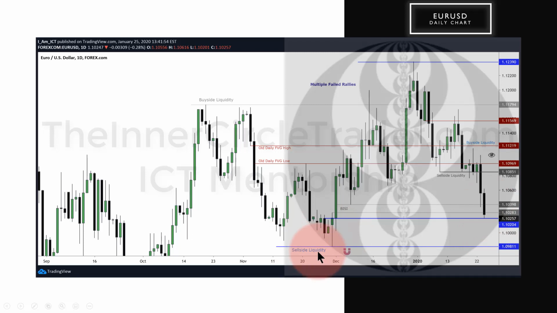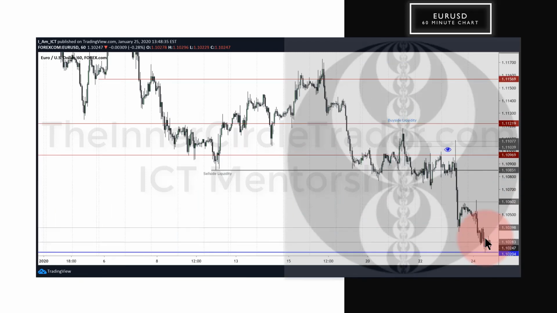But for now, that's where I'm thinking price is going to go. So we need to keep our focus on any kind of premium array to frame a new leg lower. Moving into the hourly chart, the fair value gap that I outlined on Wednesday, saying that that's where we're probably going to see it run up into. It was exactly as I outlined, beautifully done.